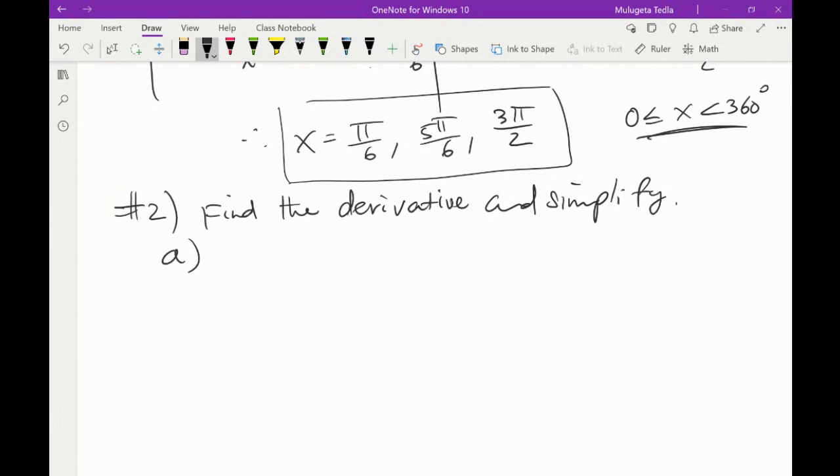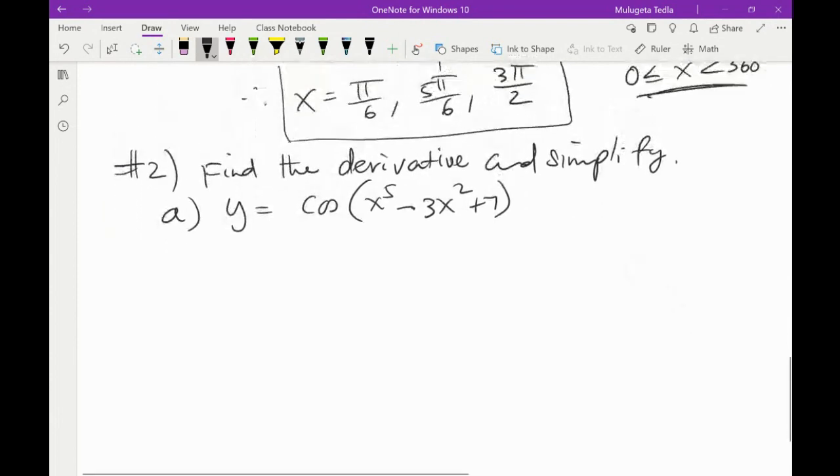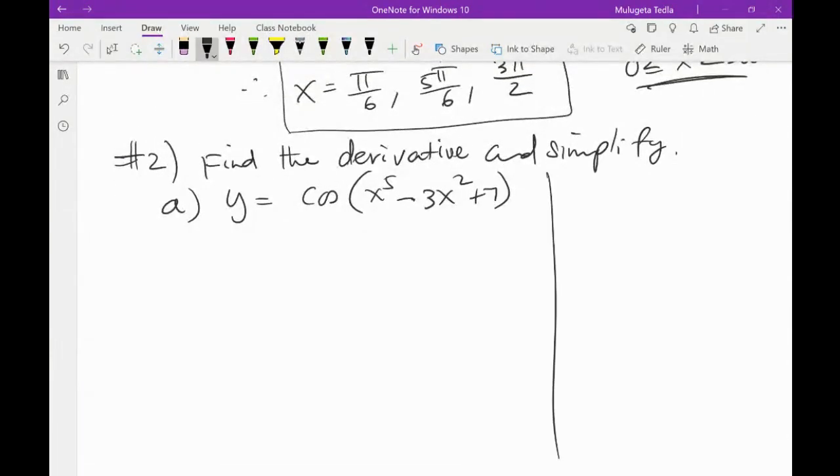So a of this function, cosine of x to the 5 minus 3x squared plus 7. Just want to remind you the formulas we did. Number 1, d by dx of sine of u was cosine of u du by dx. I'll give you the formula sheet. D by dx of cosine of u